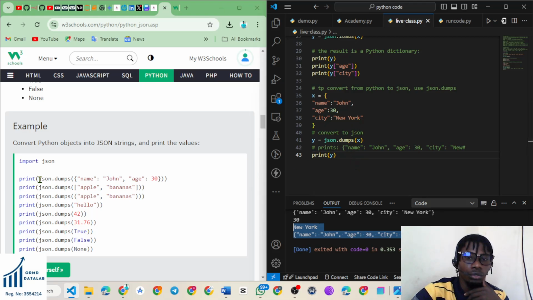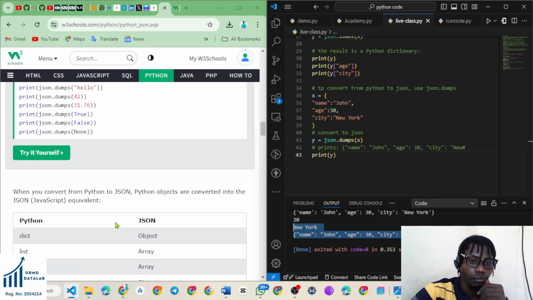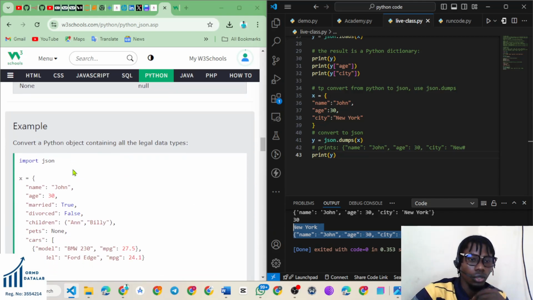So all you just need to do is json dot what? Dot dumps. I hope you all are following me, right? So you can go and try this yourself as well. When you convert from Python to JSON, Python objects are converted into JSON data. So I think that is that